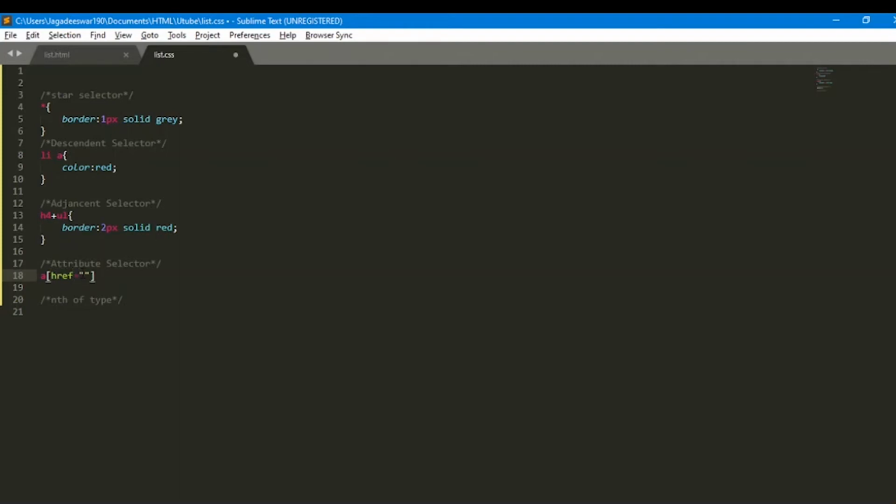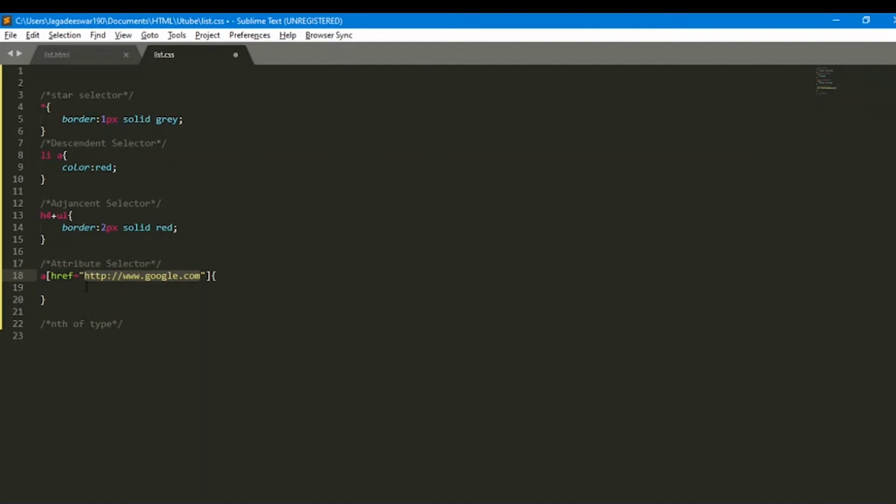What I am looking for is http://www.google.com. Now what it will do is select every anchor tag with href equal to google.com, which is the attribute value.